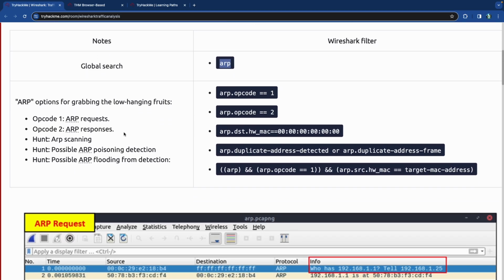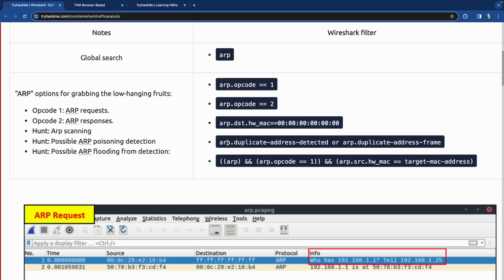And then you have ARP options. Opcode 1 is ARP requests, which is this. Opcode 2 is ARP responses. And then you have ARP scanning, which can be a variety of different things. So you do ARP destination hardware MAC, which is everything that's this, and I'm guessing it's just going to search for a bunch of zeros. And then ARP duplicate address detected or ARP duplicate address frame, that could just be one